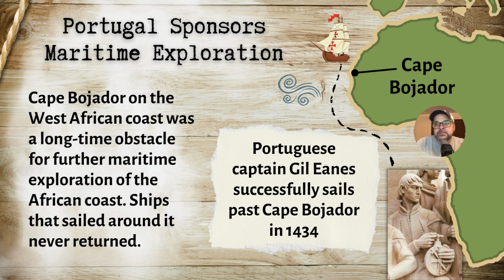Now, the first time that Eanes would attempt this trip, and you can see Cape Bojador marked there on the map, not too far south of where Madeira is located. We can tell, though, that he was unsuccessful, right? There were dangerous currents, dangerous winds and stuff. And he and the crew are blown westward off the coast of Africa and into the Canary Islands, right? And so they discover the Canary Islands. There are slaves there that are captured. And so Eanes brings them back and he's not returning empty handed.